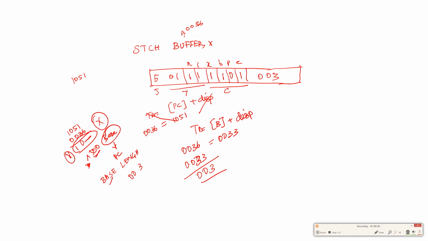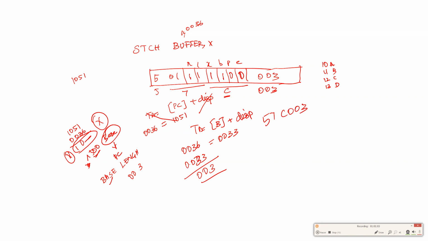Sorry, here it should be 0 because it is format 3. So 8 plus 4 is 12, and 12 is C. So it is 5, 7, C, 003.